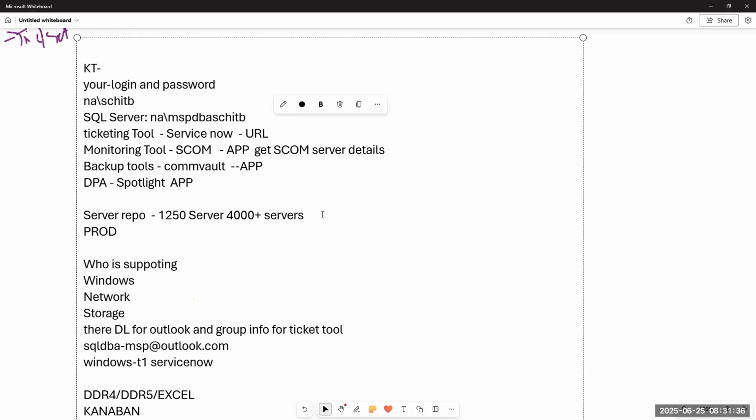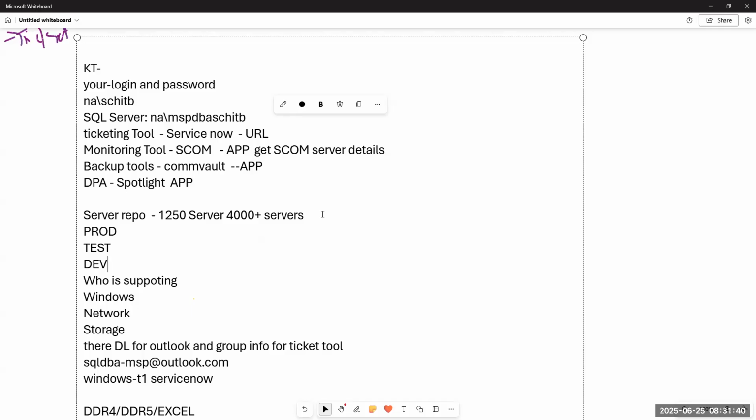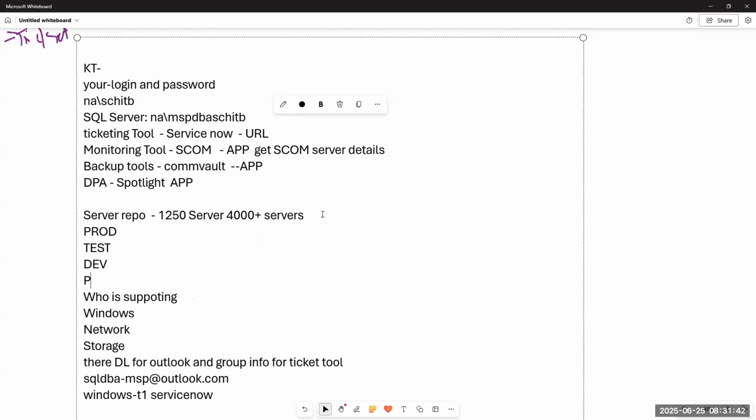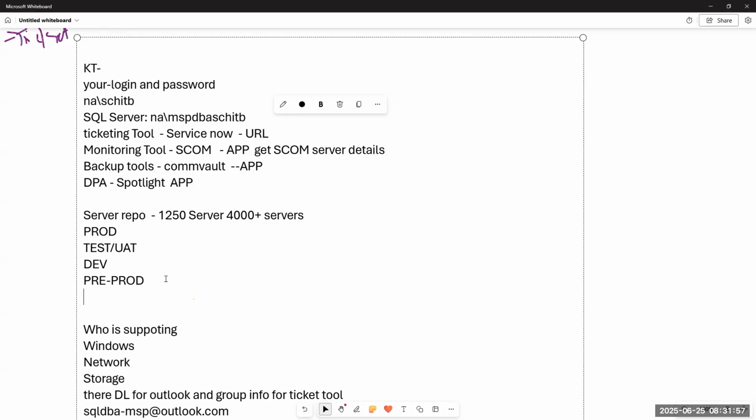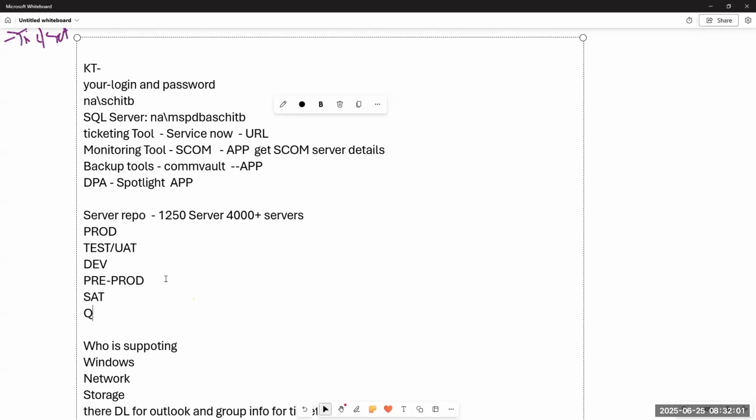The prod servers, test servers, dev servers, pre-prod servers. Test you may also call a UAT, user acceptance test servers. Pre-prod servers you can call SAT servers, or QA servers.